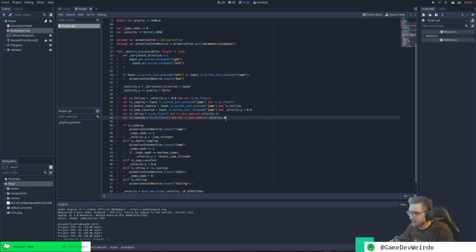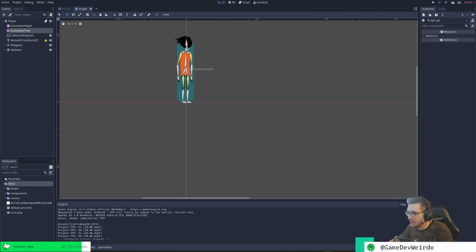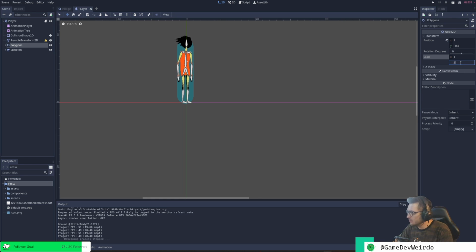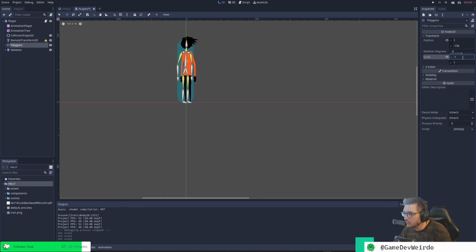Yeah, and that's a good point. How to flip sprites, not sprites, but, oh, I remember, they were just setting scale to -1. Will it work? If I set the polygons scale 2, no, this one 1, so this one to -1. Oh yeah. Oh, bones doesn't look good though. Anyway,